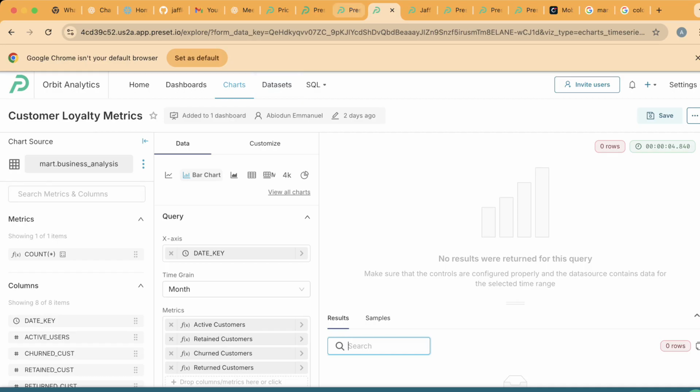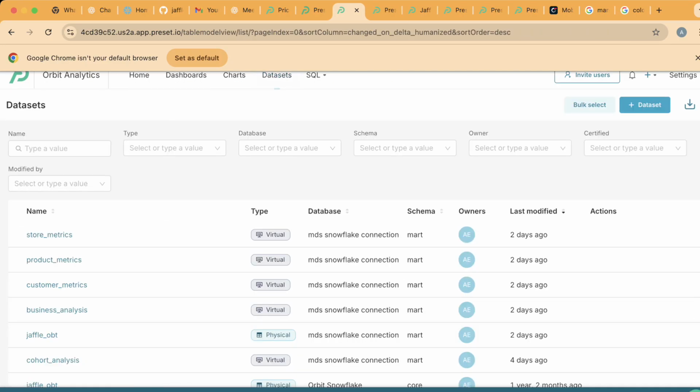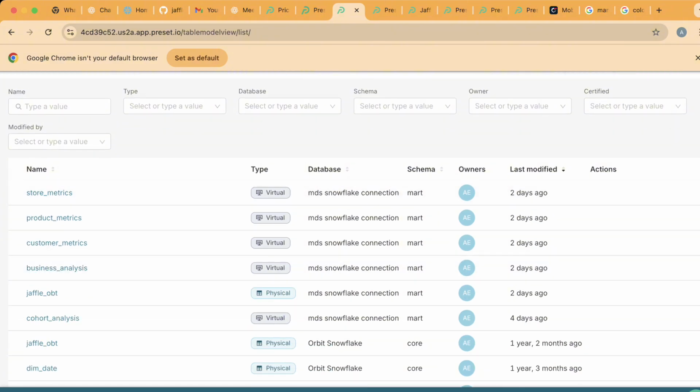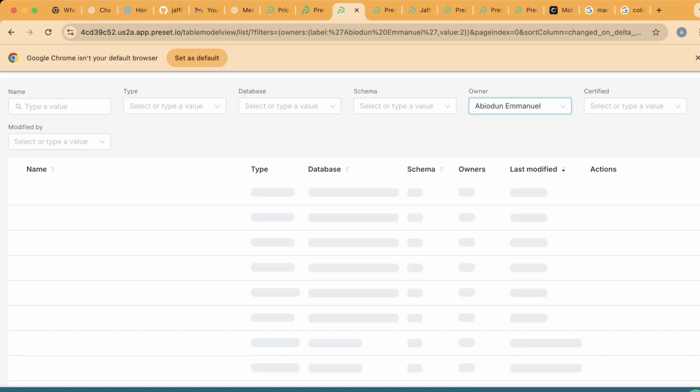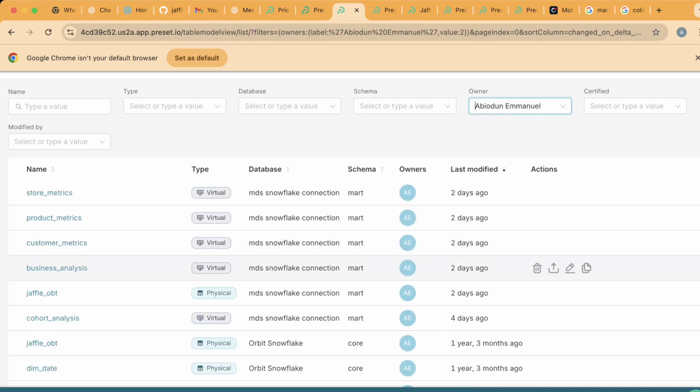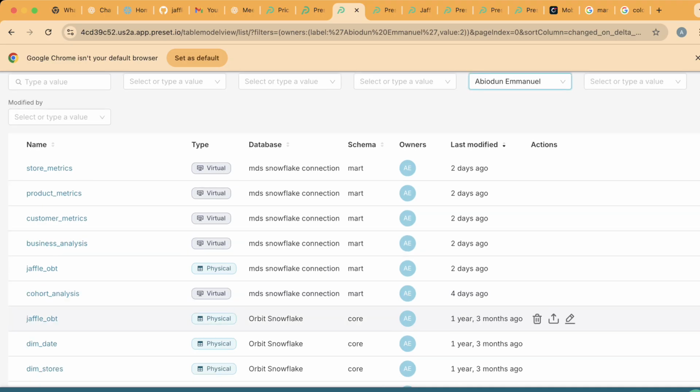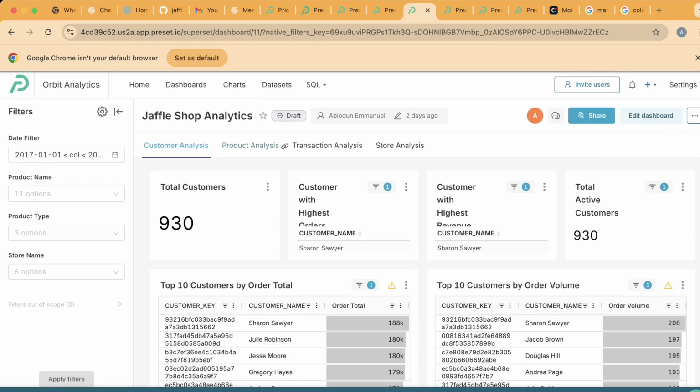So here on data, you have datasets. You see I have some virtual tables. I'm going to filter by the owner, so I'm going to select my name. I created some metrics tables. So I have customer metrics. This customer metrics serves the majority of what goes into the customer analysis tab in this dashboard. So let's quickly go into